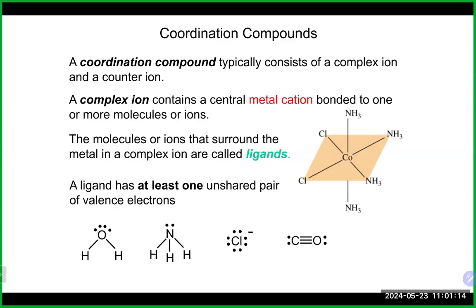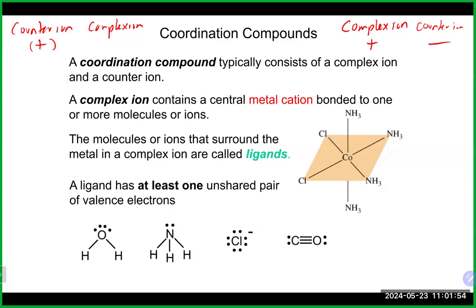it basically has two parts to it. A coordination compound, you could think of almost like an ionic compound. There's a positive part and a negative part. It consists of a complex ion and a counter ion. Because it's kind of like an ionic compound, you could have a complex ion that is positive, and to balance it out, the counter ion would be negative. And vice versa, you could have a counter ion that's negative and a complex ion